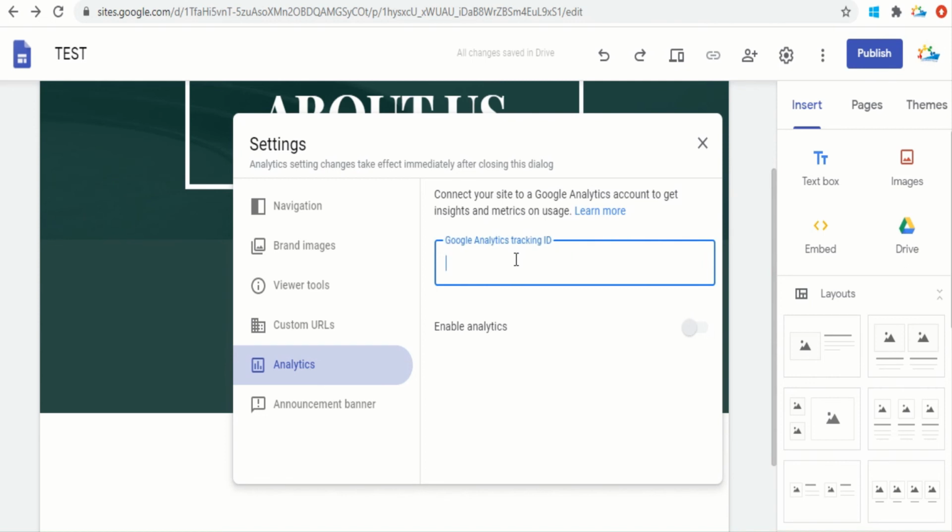Once you place this ID, your website will be listed on Google tracking, and now you will be able to track the viewership, how many visitors visited your website, how many clicks there were. So when you would like to get paid by your website, or you have created a website for blogs or for any other purposes, this Google Analytics tracking ID is a must.